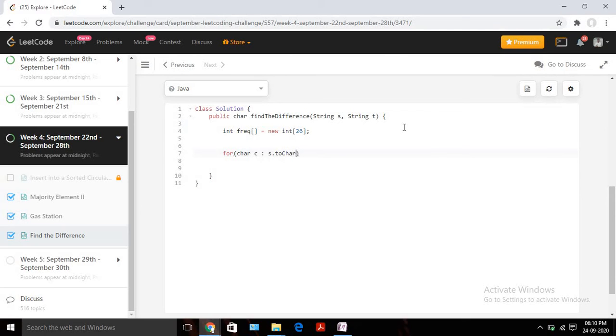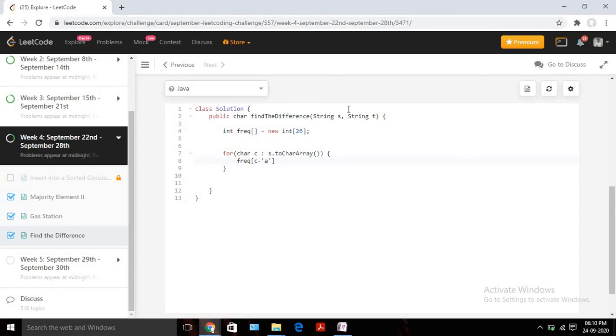So we can convert this string to a char array. We can call the inbuilt toCharArray function in Java that will convert this string to a character array, and now we can pick one character at a time and update its frequency. It's pretty straightforward. We will use this array and the index will be c minus a. Every character holds one ASCII value.